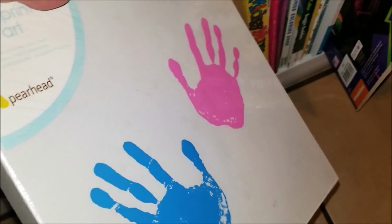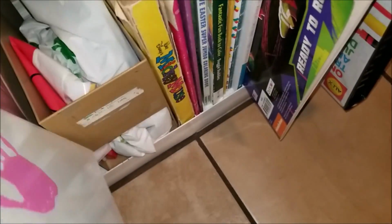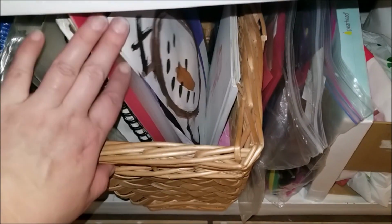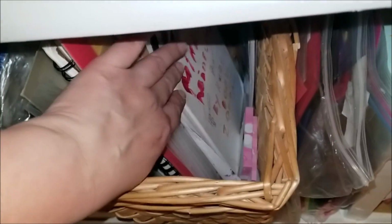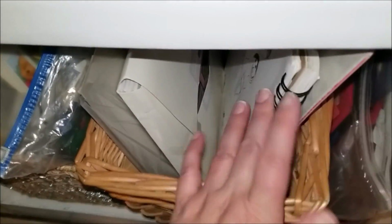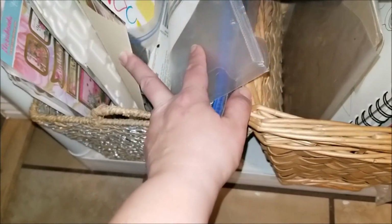It'll be a project from the kids to their daddy, and this whole complete brand new set was found in the bins. There is a bag of foam, crafting foam, then a bag of sparkly crafting foam. In here, there are assorted art projects that the kids are working on and their little art books, Mariah's little notepads that she draws on, and spare paper, spare notebooks that we will be working on, or that they already are working on. And then this basket full of stickers, lots of which have been sent to us very generously